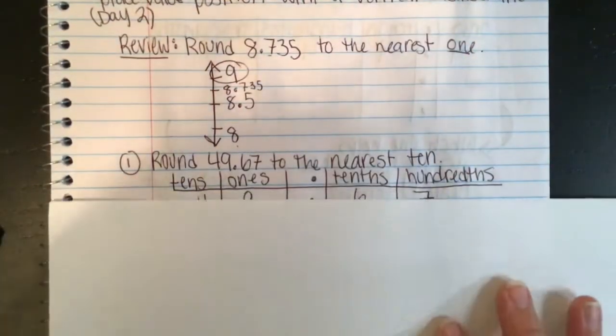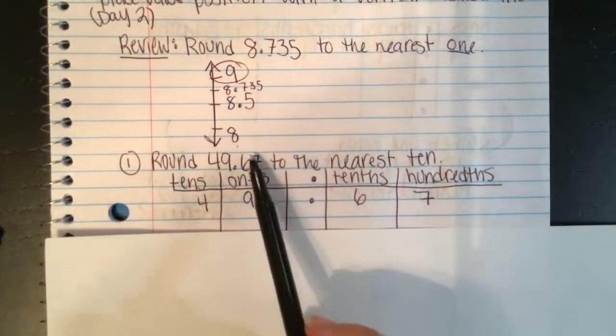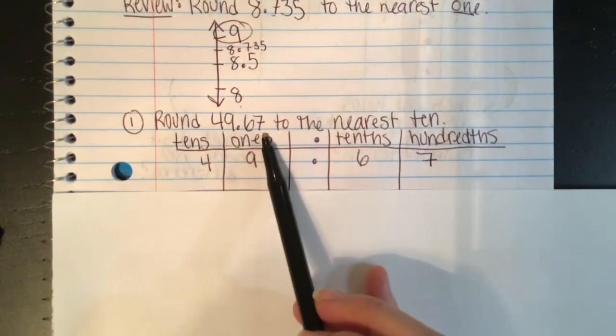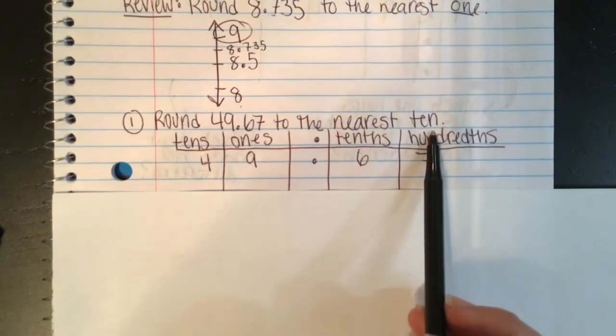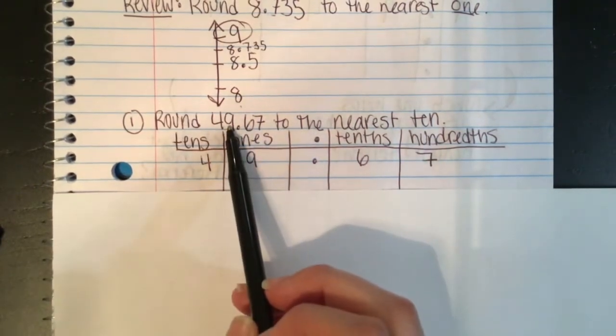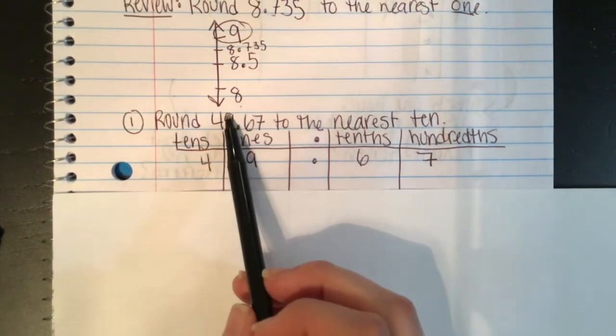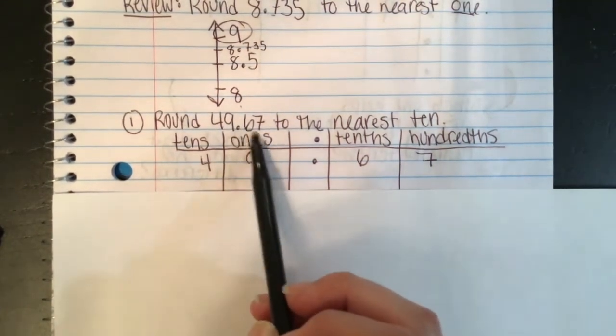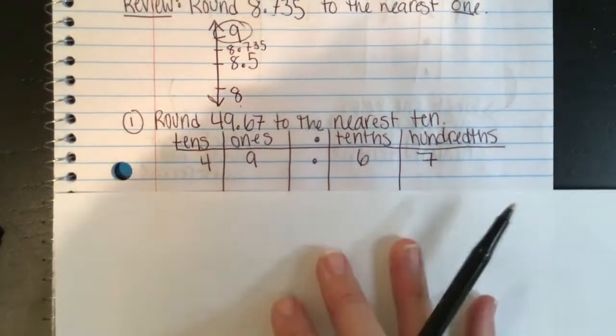All right, so let's try with a number that's a little bit bigger. Let's round 49 and 67 hundredths to the nearest 10. I know that is going to give me either 40 or 50 just by looking at this number. Is 49 and 67 hundredths closer to 40 or 50? Well,